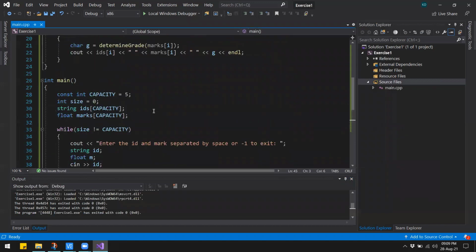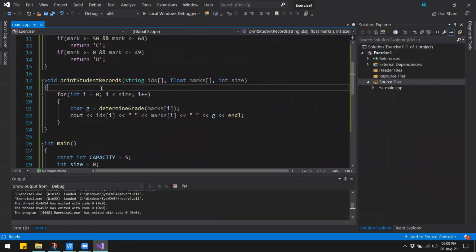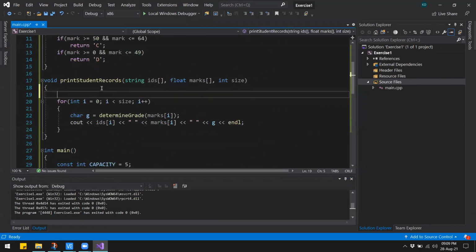And then if you want, you can print some header over here, maybe cout ID, mark, and grade, just to make it more readable. And this should work.